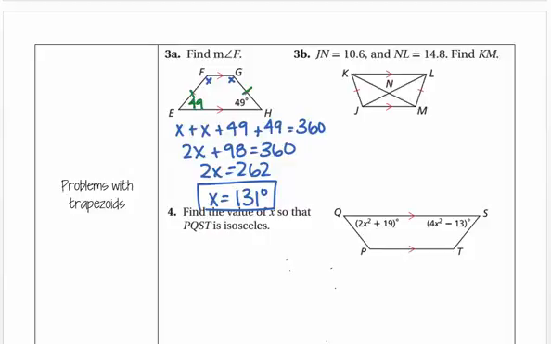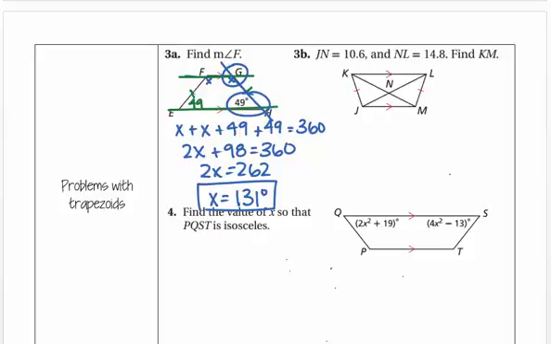The other way that you could have done this is, remember these two lines are parallel. And if I slice this like a transversal, you know that this guy here and this guy here have to add up to 180 degrees. And if you know angle G, you also know angle F. Either way,